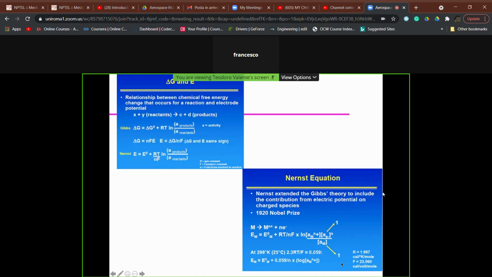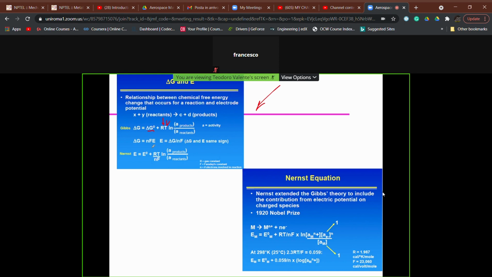And if we have a general reaction in which we have the reactants, two general substances, X and Y, and the products, two general substances, C and D, as it is reported in the fourth part of the slide, that is here, we can write down the expression of the Gibbs free energy variation in the thermodynamic approach, taking into account the universal gas constant, the temperature, and the activity of the product and reactant with a logarithm before.